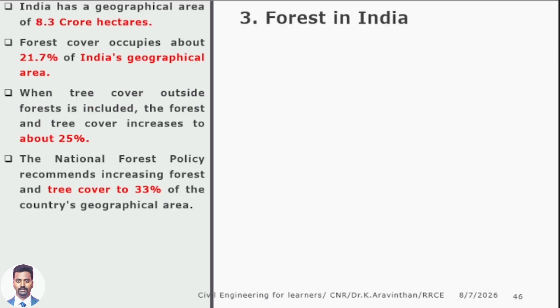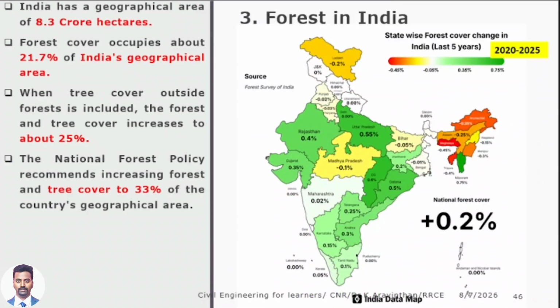National Forest Policy. There is a policy in India which has been a backbone of the SDG goals, Sustainable Development Goals. What is the target of India? To reach 33% of forest. They are making a note here. This is a graph. You can see which state is cutting trees more. Wherever you see green, they are not deforesting. They are improving the forest. Whichever is white, they are cutting the trees like anything. This is for a period of 5 years.